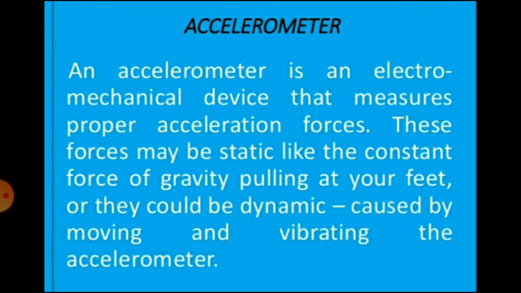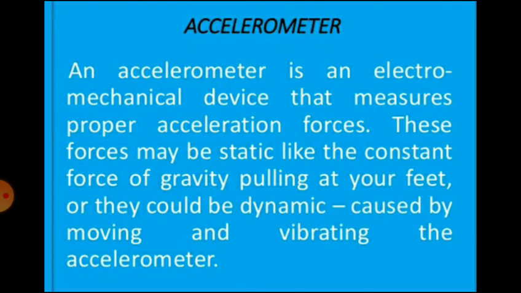Therefore, there are two ways of measurement of acceleration. First is measuring either displacement or velocity and then taking their derivatives to obtain the value of acceleration. In this method, the acceleration is measured indirectly. And the second method is measuring the acceleration directly. So you can measure the acceleration directly as well as indirectly. Therefore, the instruments that are used for measurement are classified into two categories. First is vibrometers and second accelerometers.